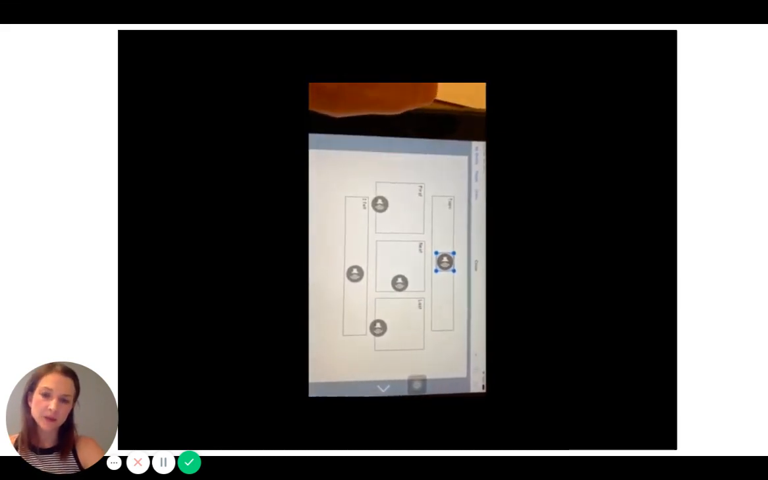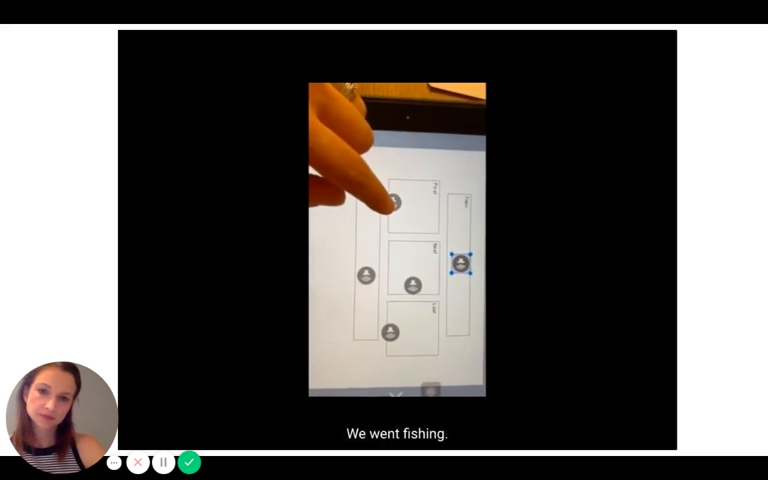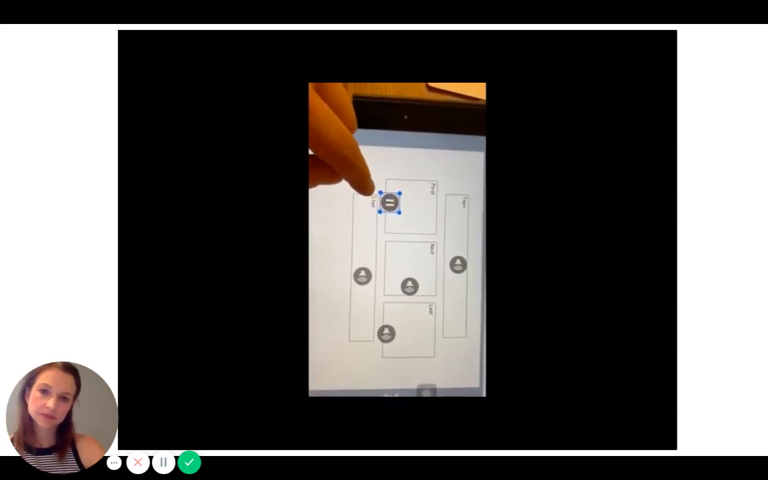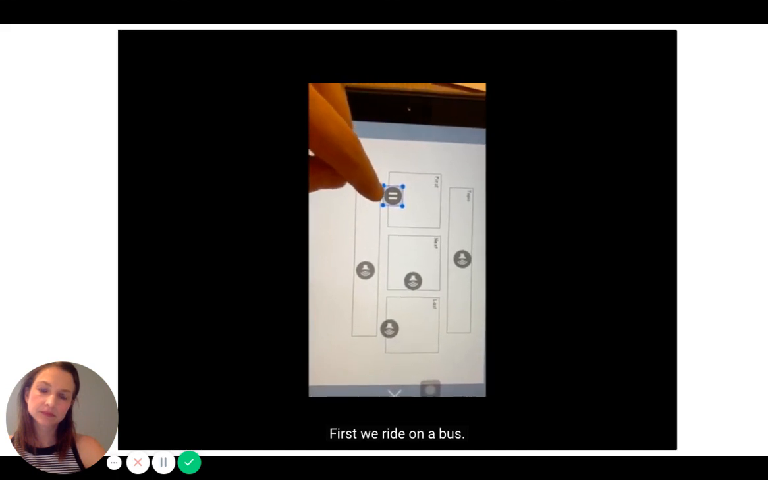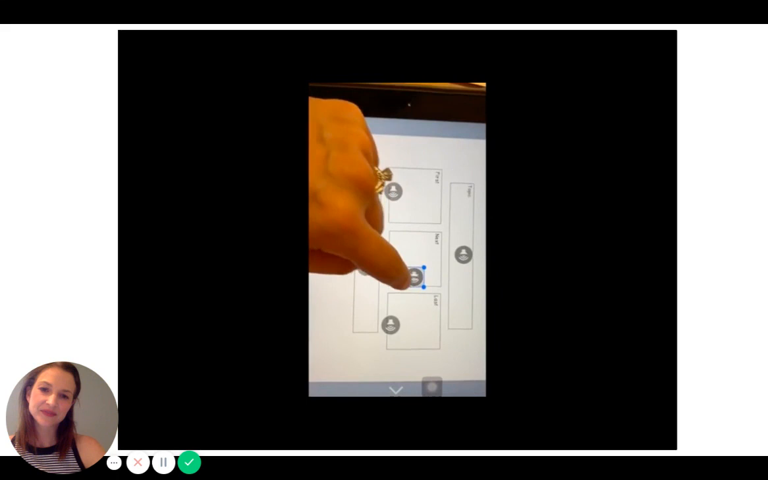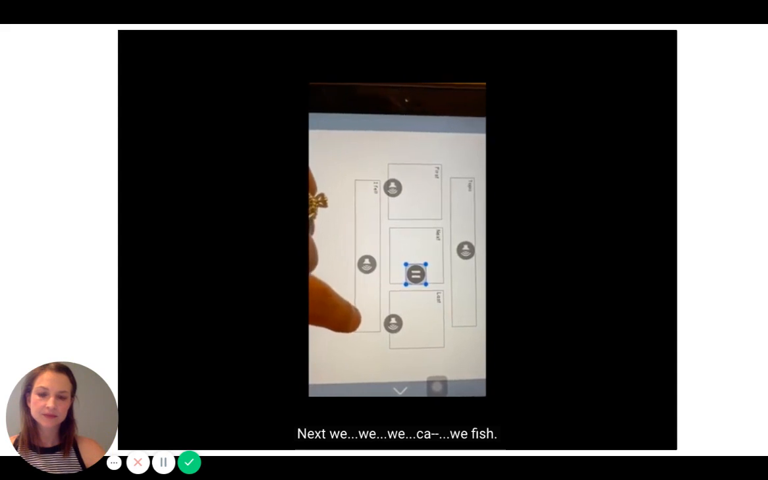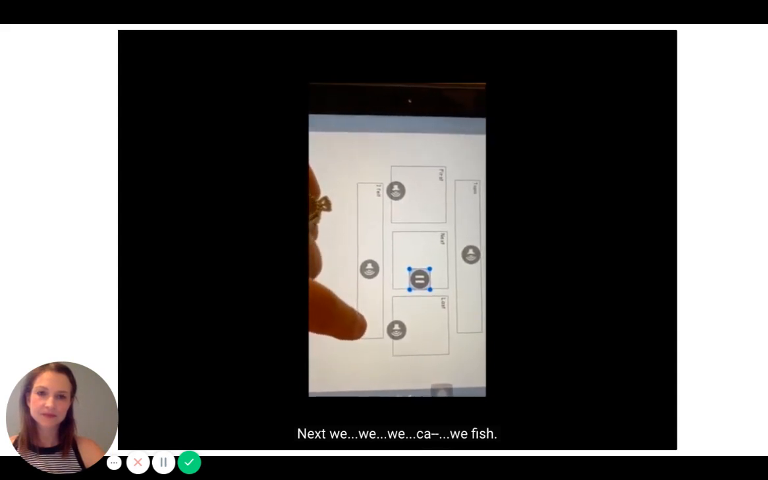Here's another example. We went fishing. First, we ride on a bus. Next, we